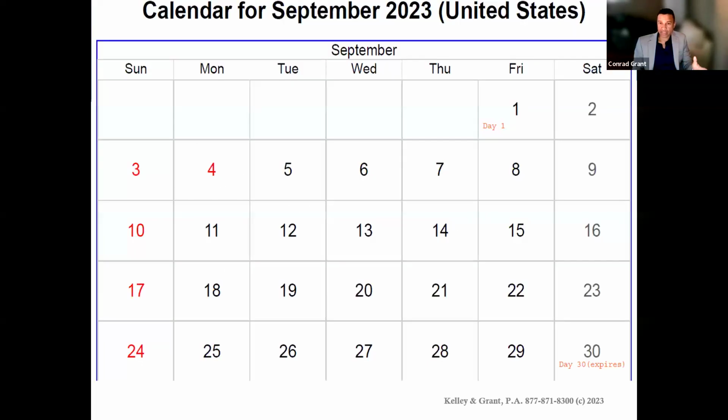So that is how you calculate for terminating month-to-month tenancies. And you may have heard after COVID that there were all these rules and you had to give 60 days in some counties, and in some counties it's 30, and in Miami Beach it was another. There were a lot of different rules, and the legislature has passed